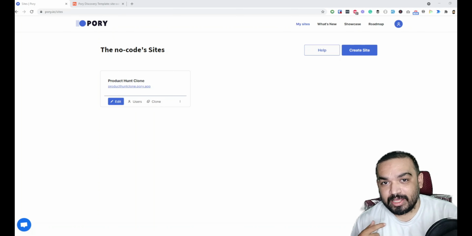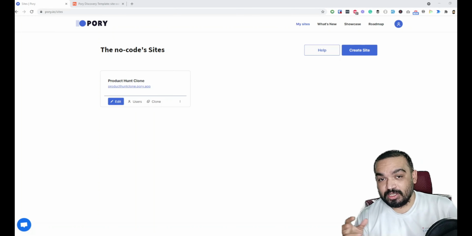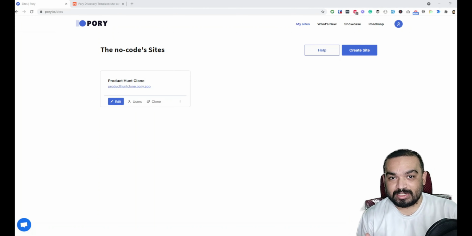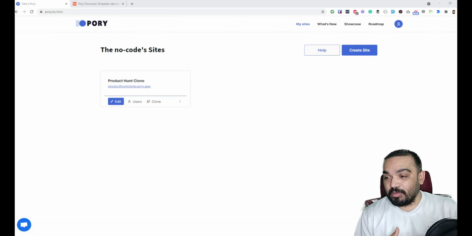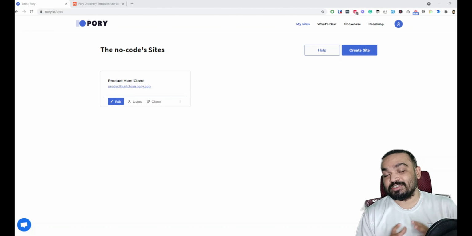If you are not familiar with Airtable, I would call Airtable Google Sheets on steroids. Yes, you heard that right, because in Google Sheets you can store data in various formats and create graphs out of the data you have in the sheets, right? And with Airtable you can do pretty much the same, but along with that you can build automations, you can create workflows, you can create 4 or 5 different views of the same data, and you can basically run an entire company through Airtable if I would go ahead and say that.